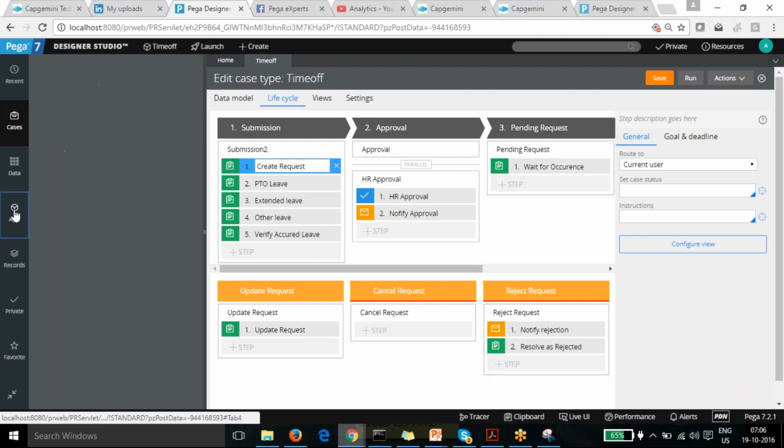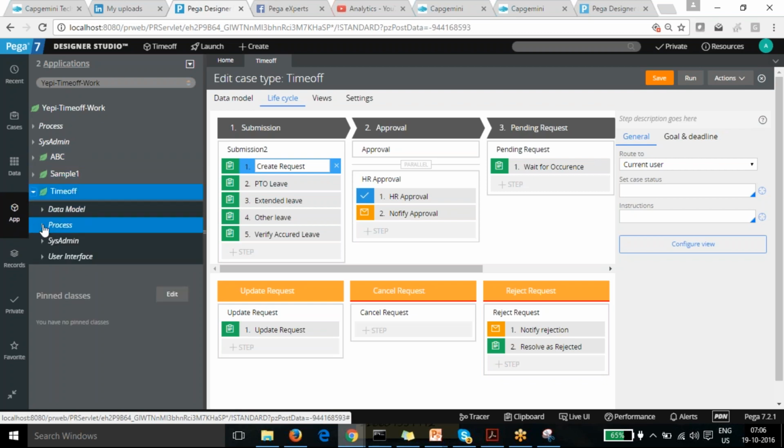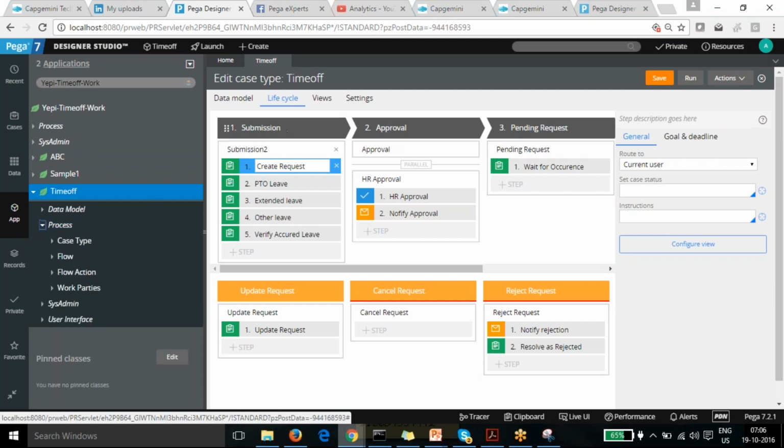Okay. So Mukesh, can we validate when it is in draft mode? Yes, we can do that. Oh, okay. In draft mode also, all the validation can be performed. So if you go to the time off, I'm going to open my validate tool, which is associated with this create request.